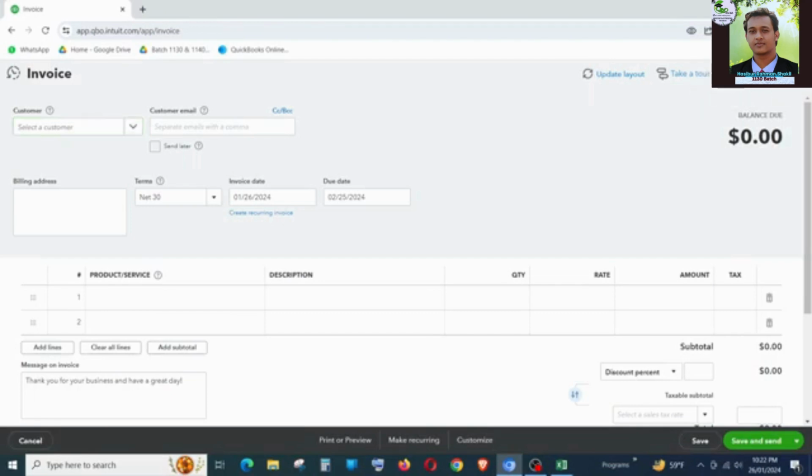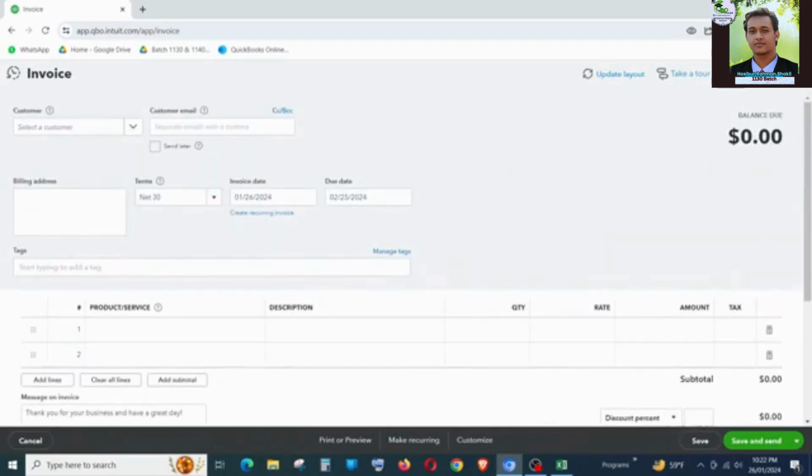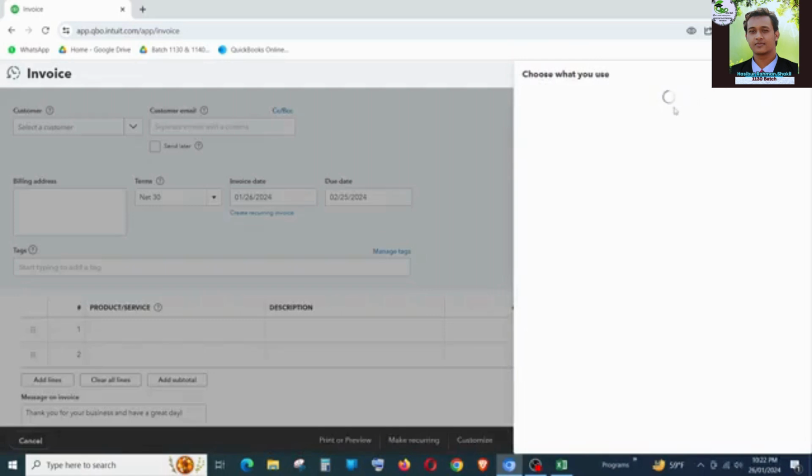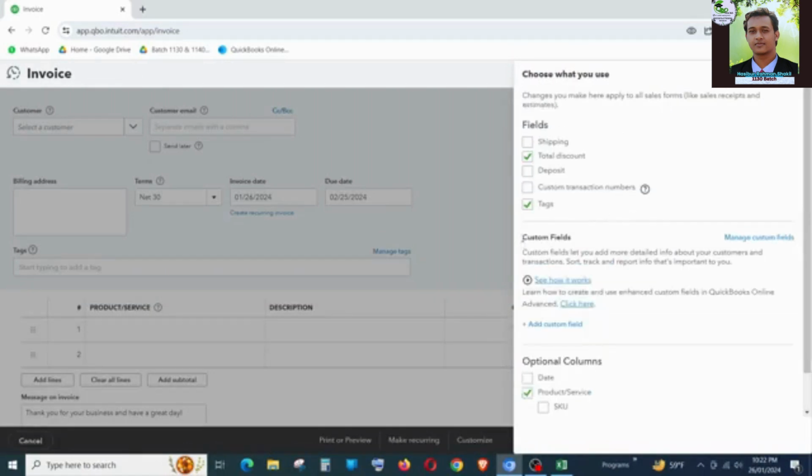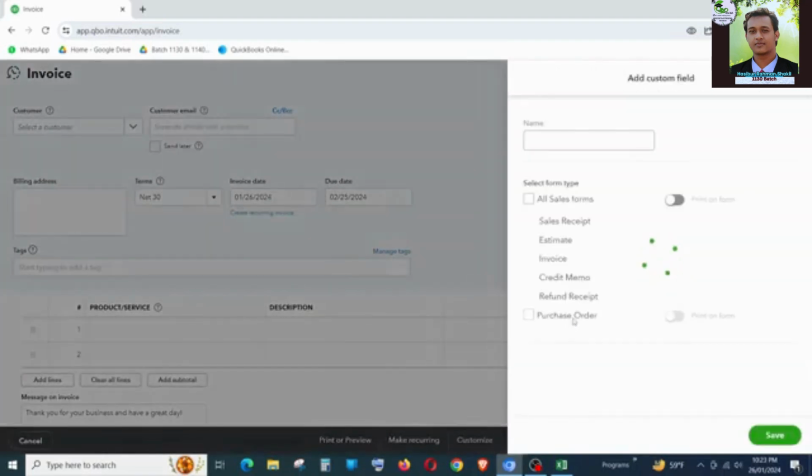Click this gear icon and a pop-up menu will appear. Here we can see custom fields, and below that there is add custom field. Click on add custom field